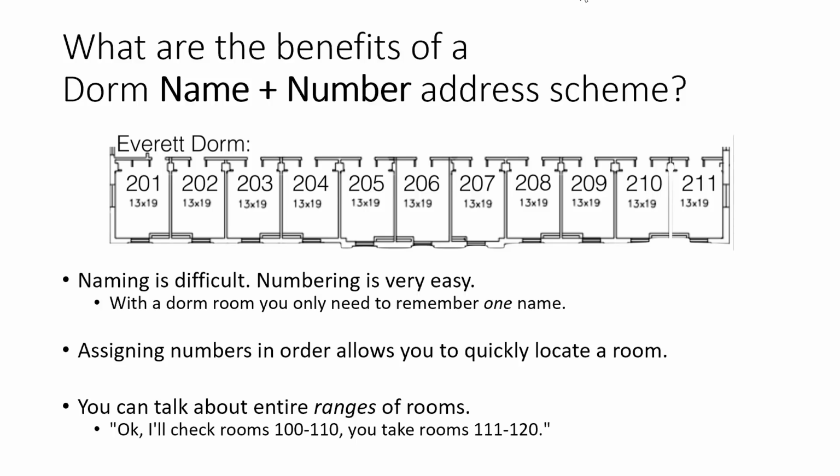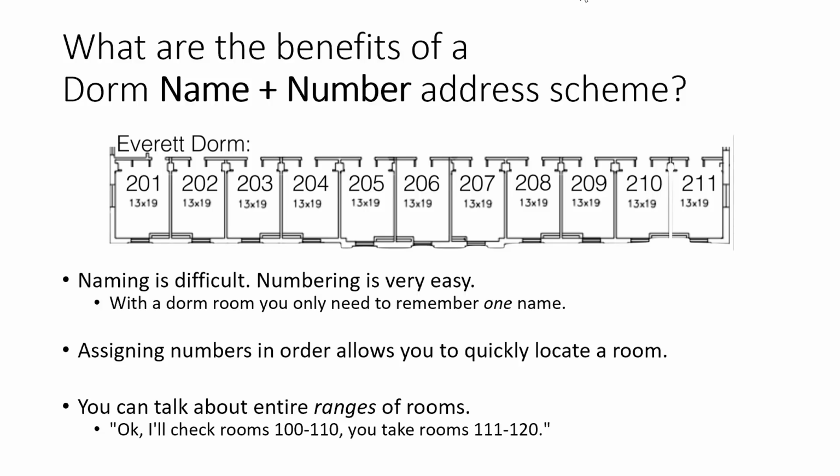And finally, numbers make it easier to talk about ranges of rooms. For example, you'll take rooms 100 through 110 or 111 through 120, whereas with names only, you would have to list out every single name. There are other benefits too, but these are the ones we're most focused on when we're thinking about this concept